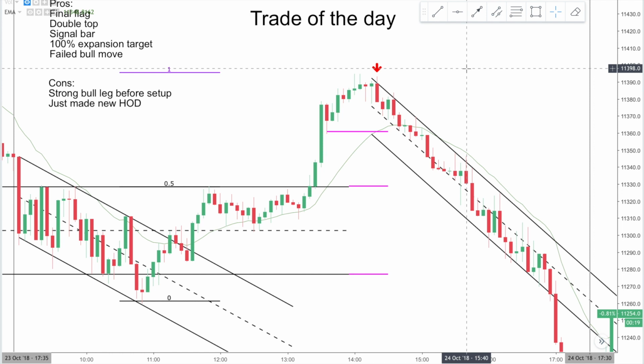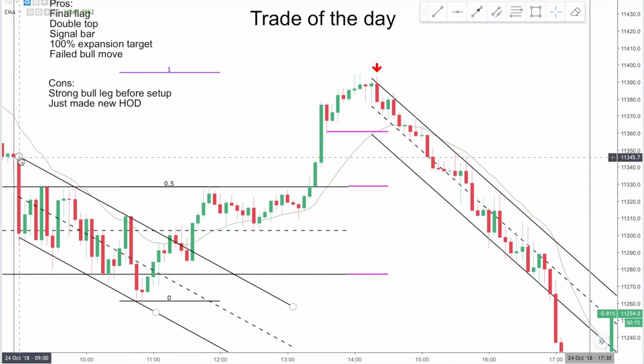This is the DAX on a 5-minute time frame. We're taking a look at the trade of the day. Just want to quickly browse the open right here. We had a huge open bar,